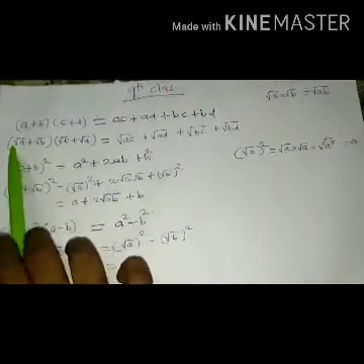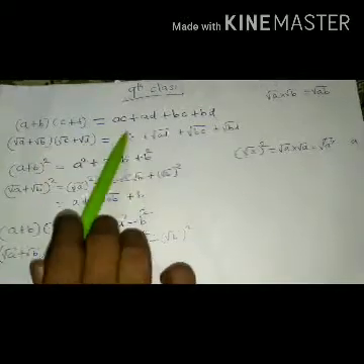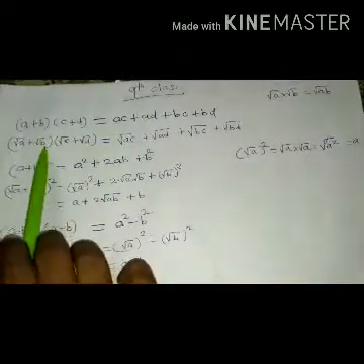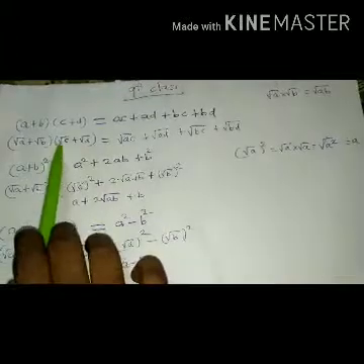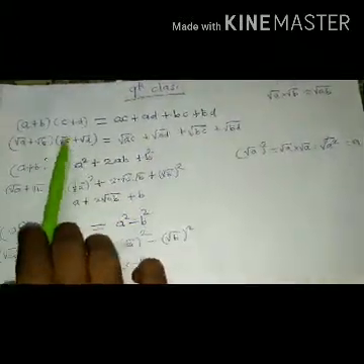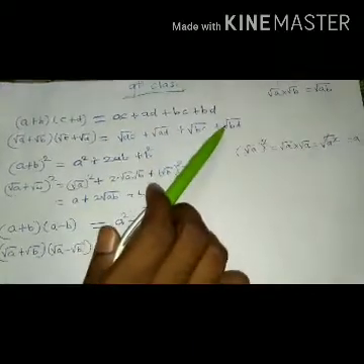It means root ac, and multiply root a with root d, we get root ad, and next multiply these two, we get root bc, and the product of root b and root d is root of bd.